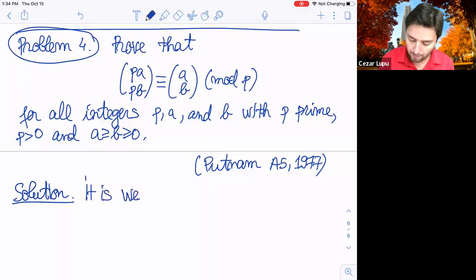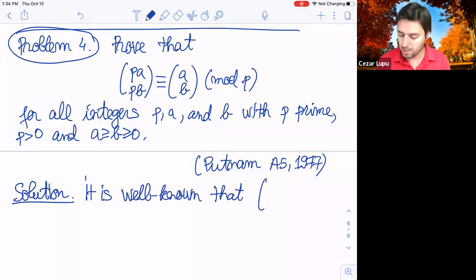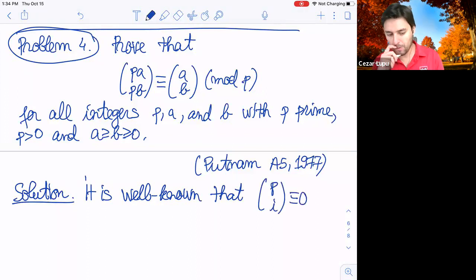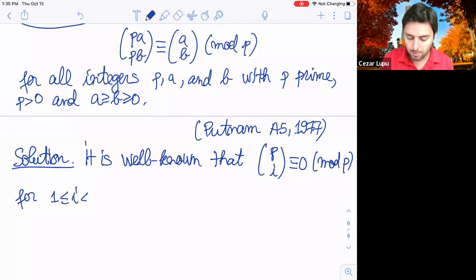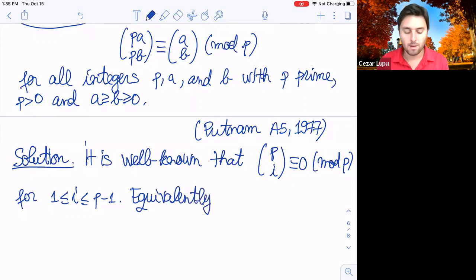So the first thing that we need to keep in mind is well known: that p choose i is congruent with 0 mod p for i between 1 and p minus 1. That's obvious, right? And we have seen this. Let's translate this into an equivalent language. Equivalently, we can say that in Zp, the field of integers modulo p,